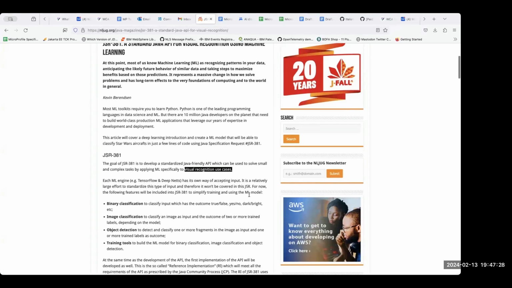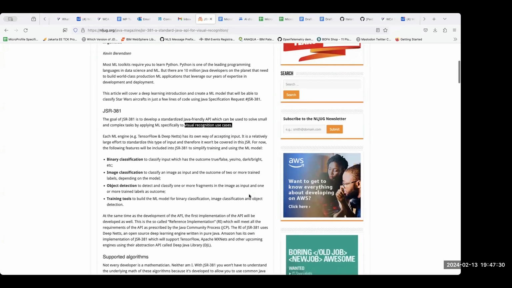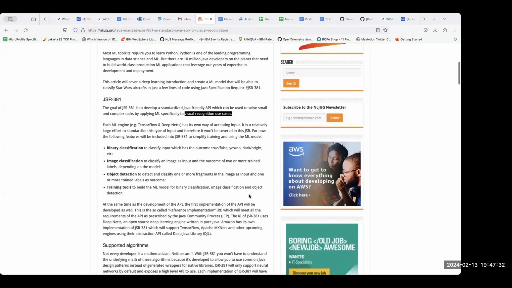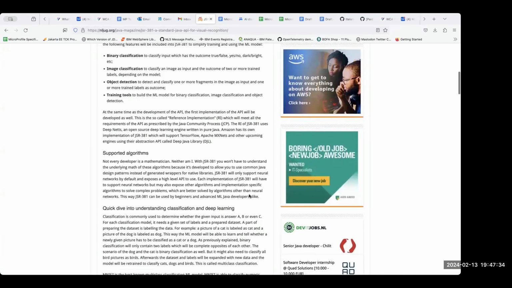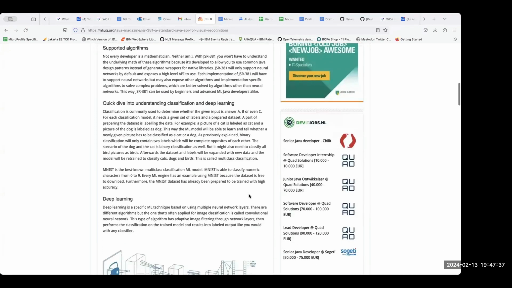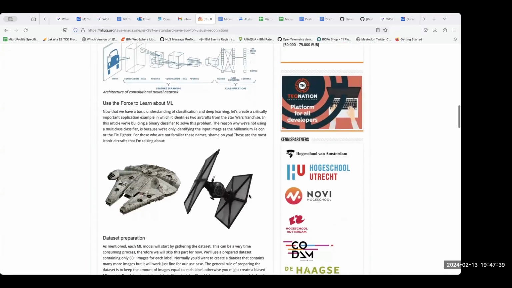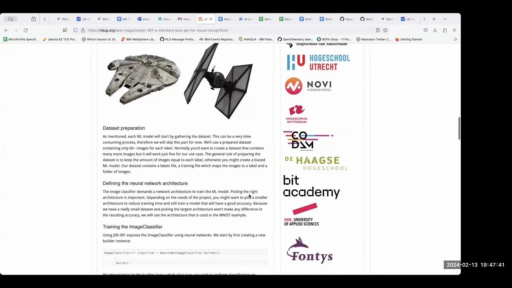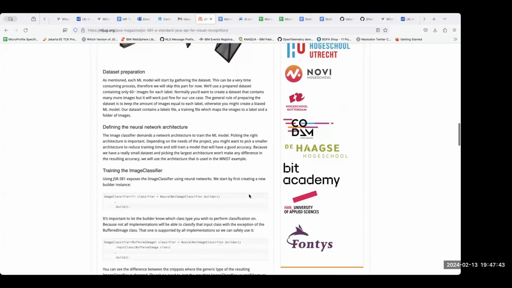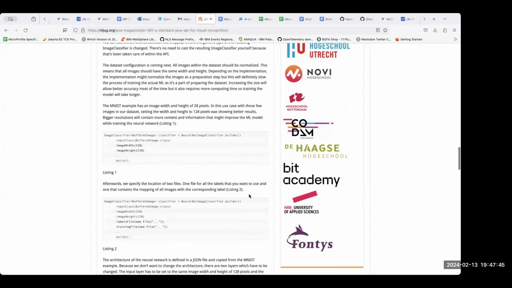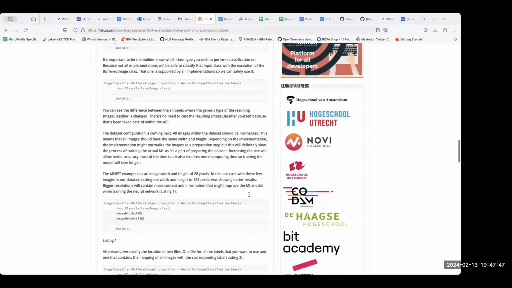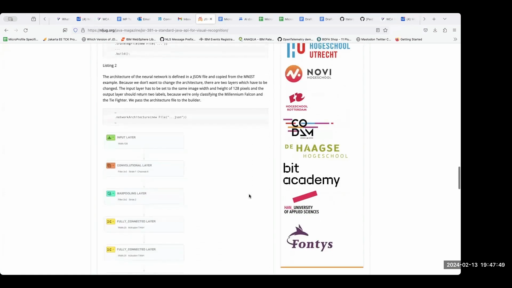Application development. Yeah, it's pretty much focused on the image. Okay, the API is about main image.